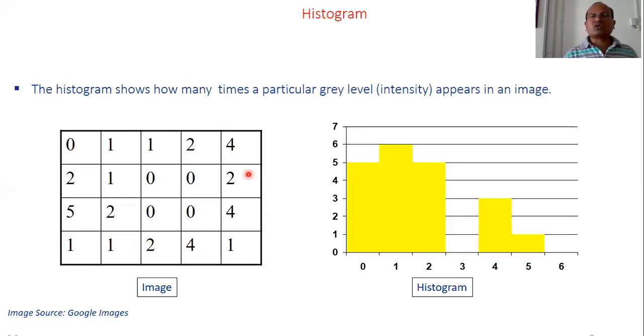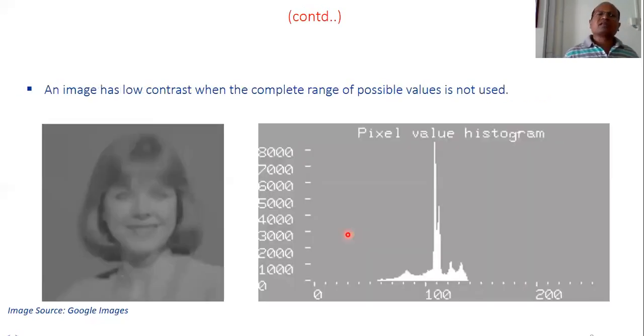And if we change the histogram, suppose the number of pixels having 0 intensity value is 5, and we make it 3, then fewer pixels will have dark grayscale values. This is how we are making the image slightly brighter. So we can make it brighter to darker, or darker to brighter, or in between, by modifying, changing, and manipulating the histogram. And those methods are called histogram based methods.